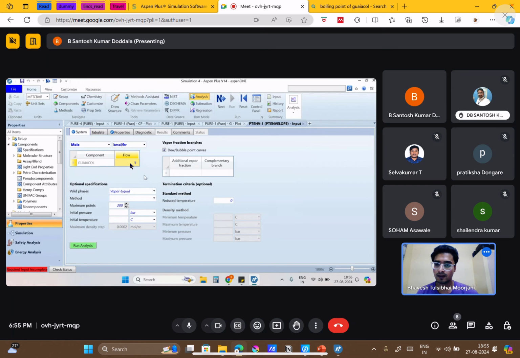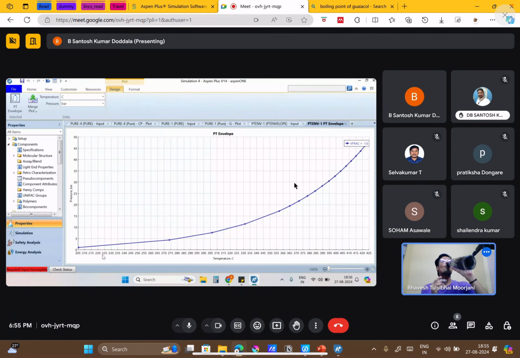Then you can just run the analysis. So you can see we now have the PT envelope generated, which separates the vapor and liquid phase, and we can find out the boiling points at various pressure conditions. Okay, you can stop sharing your screen now.